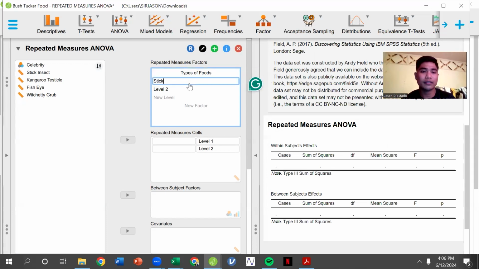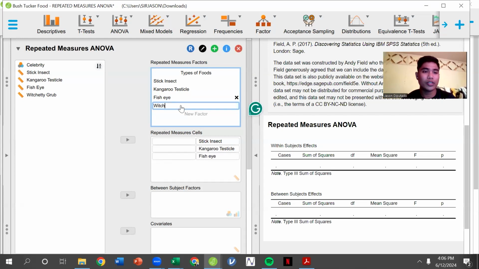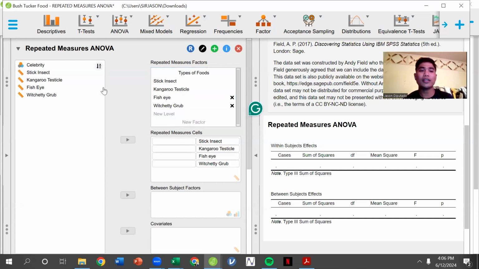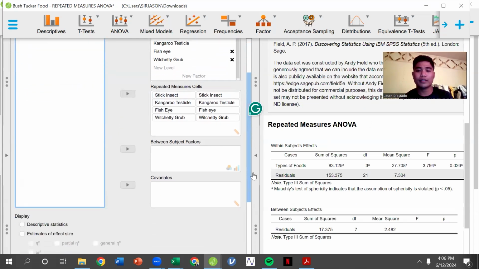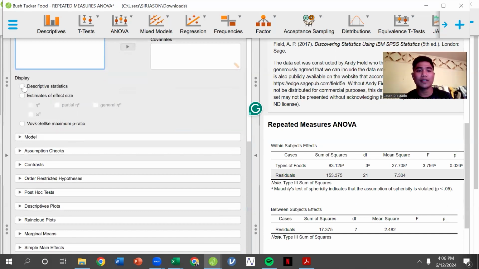We have here the stick insect, kangaroo testicle, fish eye, and then lastly, the witchetty grub. Okay. After typing that, you need to click this stick insect, then click this arrow to the right, and this one also. After that, you click here the descriptive statistics,